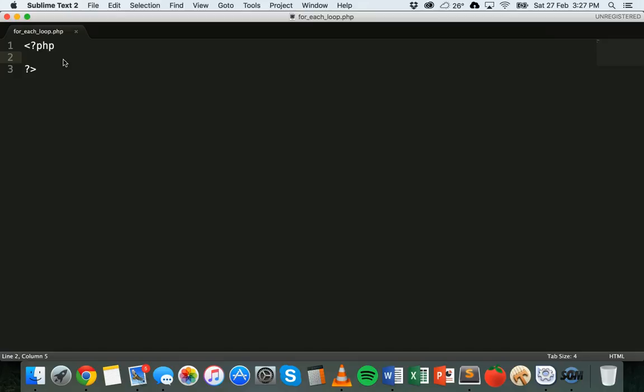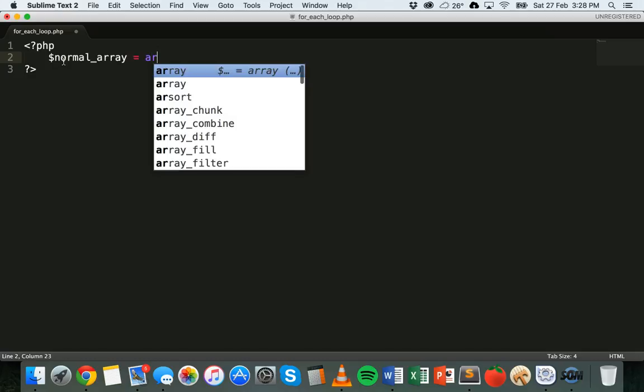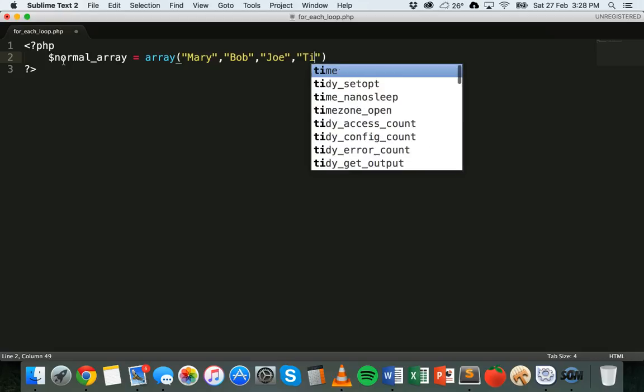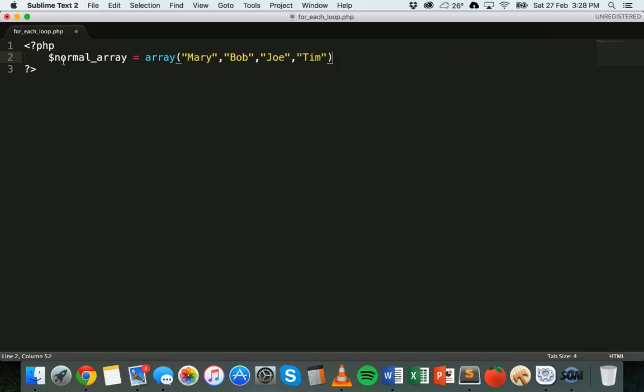Okay, so to start with, I'm going to create two arrays. I'm going to create a normal array, and I'm just going to put some random names in the array. So Mary, Bob, Joe, and Tim. Oops, Tim, not time. Okay, so I've got a normal array there with 4 names in the array, and then I'm going to create